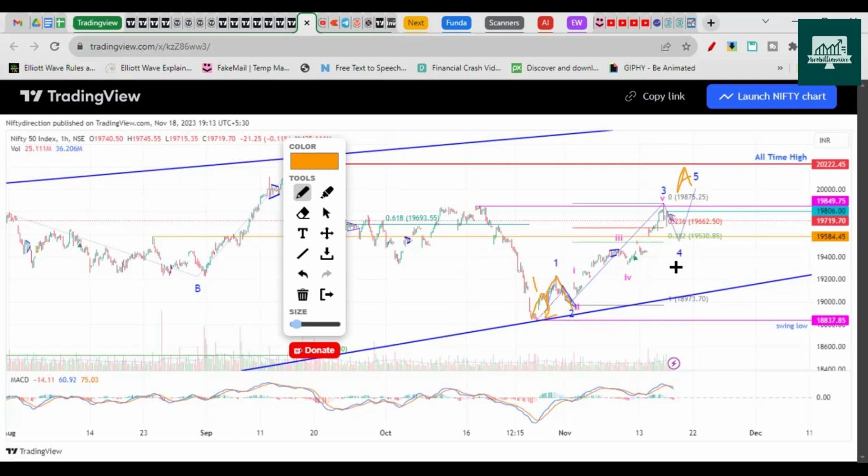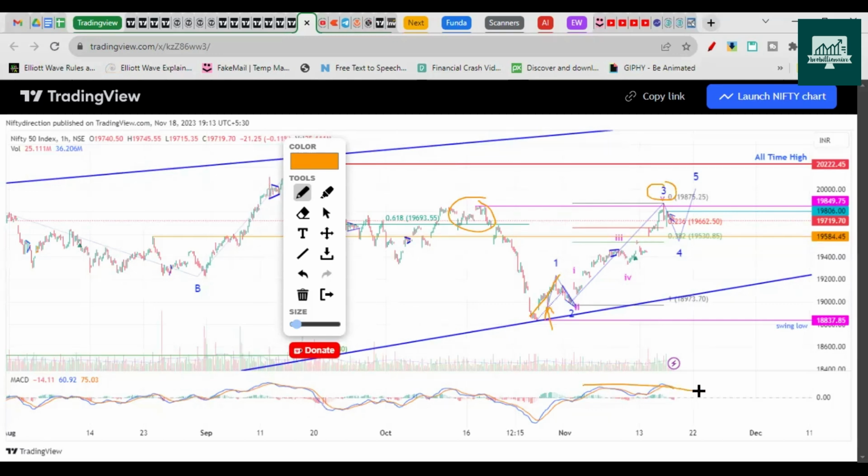Depending on the move, we have to adjust the chart further. But as of now, I'm considering this complete as a wave 1. Of course, there's a dent here and this looks to be a 3-wave structure. But these things happen very often in the market, and previously also you would see such structures and they ended up as an impulse wave because we took this swing out with the gaps and it was a bullish move, right? So for now, what I'm assuming is this is complete wave 1 and the 3rd has been finished here.